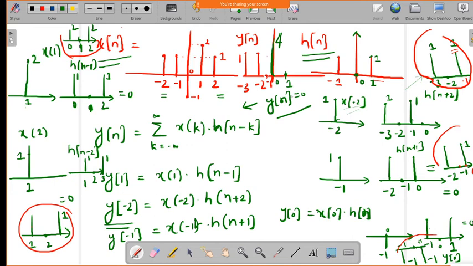So now at 2 you see, at 2 you will be having the value. Here there is nothing, and here also at 2 nothing is there, here also nothing is there. So here only at 2 the amplitude 2 is there, and here at 2 it is 0. Now 2 plus 0 it will be having 2.